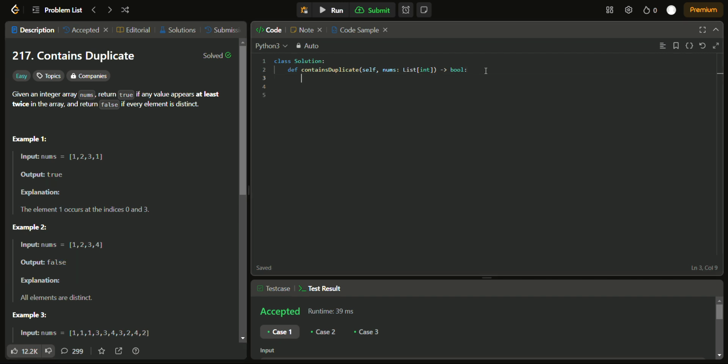We can solve this problem using a set, which is kind of like an array, but it does not allow duplicates. So we can create seen is equal to set. This is how you create a set in Python, and then we can run a for loop for our input array, which is for number in nums, if number in seen, return true,